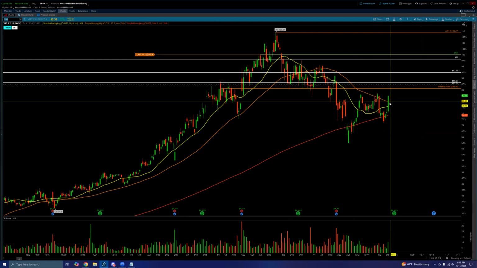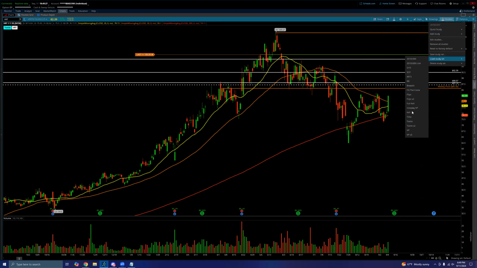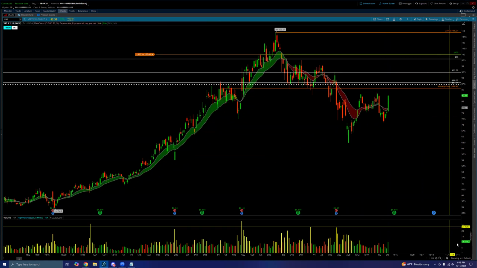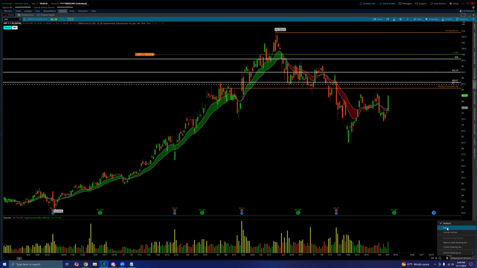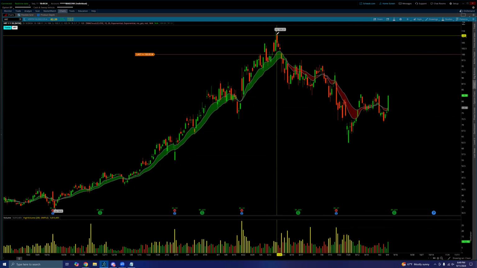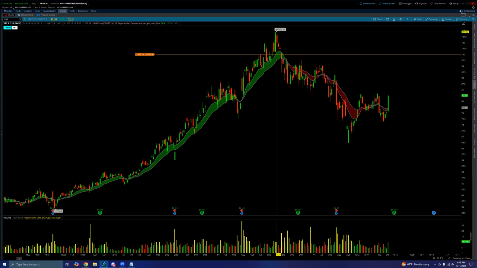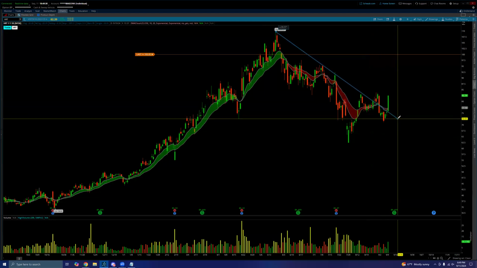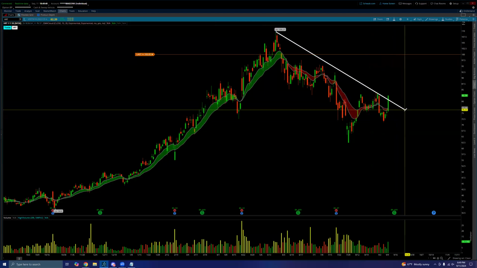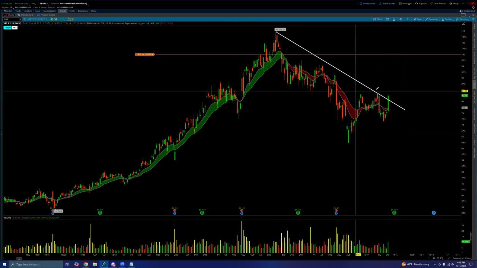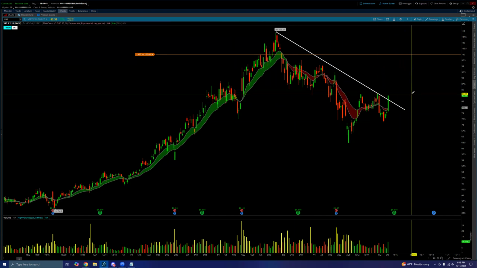Anyway, nice rising volume as we push through the moving averages. So we're now back above the 50 and the 20 simple moving average. If we take a look at the short-term moving averages here, the EMAs, we just made it back through the 10 and 20 EMAs, and also we have this downtrend line from the highs that we could probably draw, maybe something like that, or you could redraw it to be like that. Either way, very clearly breaking above those recent highs.